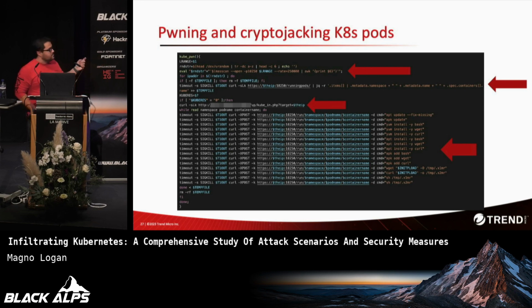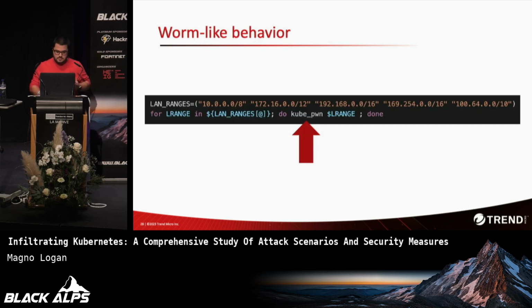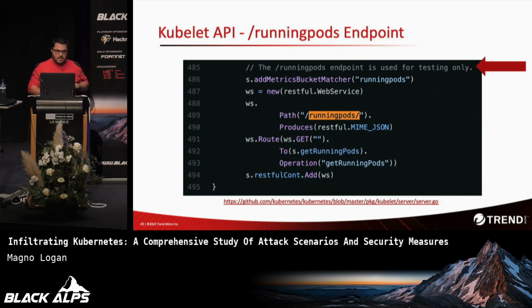After that, the second arrow there, and I have some slides as well to demonstrate here, they're using this running pods endpoint inside the cluster. I had to look through the Kubernetes Golang code on GitHub to understand what they're doing, because this API is not very well documented. So I had to look at what this running pods inside the kubelet is.